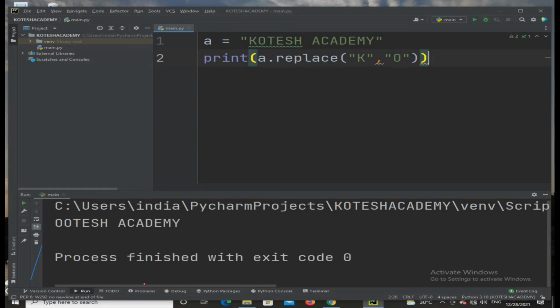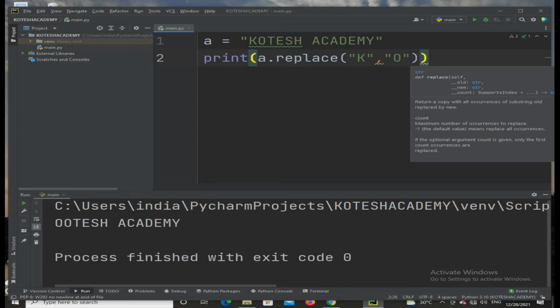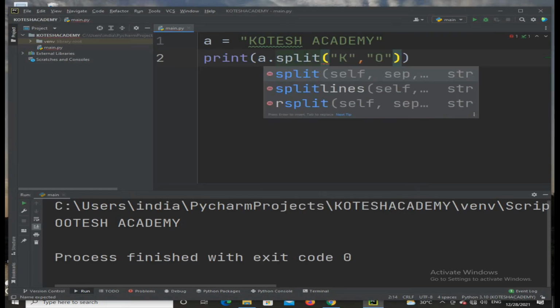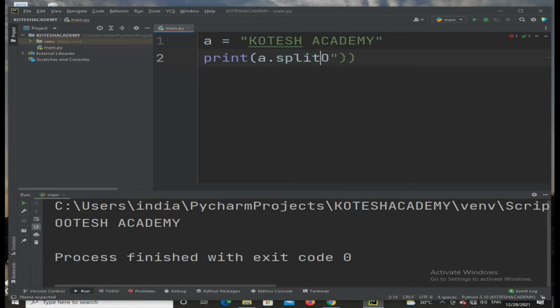Next one is split. Split indicates, as in the earlier theory expression, that we represent splitting, which means it can be segregated into two parts. Actually here Kotesh Academy is one word, but I am using split. Split of whatever string you have, then you can take in brackets double quotation comma double quotation, or single quotation comma single quotation.